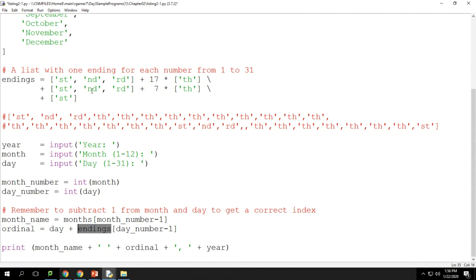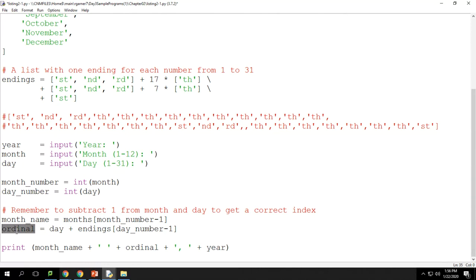It's going to get the ND out of there. It's the 22nd one because, remember, ST is 0, right? And then we move up to the 22nd one, which should be ND. And so we get ND, and then the day was originally 2, so that's 22nd. So this ordinal ends up becoming 22nd. Does